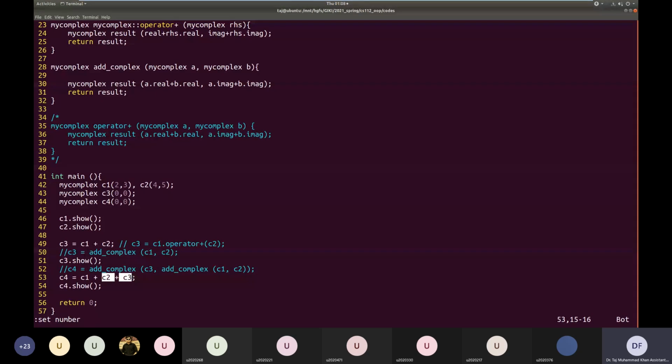Okay? Now, once the result is returned, this function will be called again here for this operator, and for this operator the left hand side is C1 and the right hand side is basically the complex number result that has been returned by the previous call to plus operator.